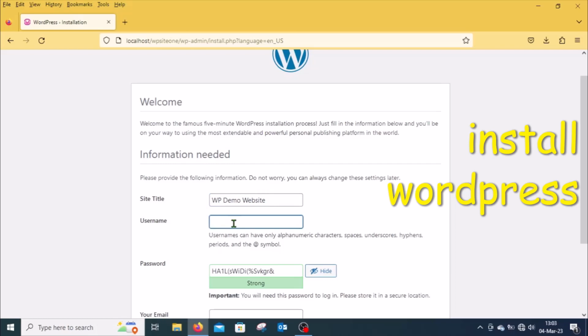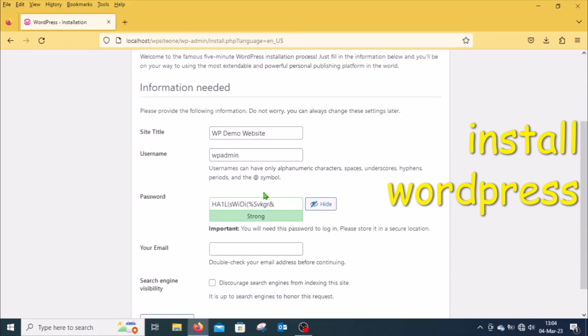Username, this is the one who's going to control the website. It is actually an administrator for the website. Normally it's admin, but I call mine the wpadmin. Then I'm supposed to think of a password for this admin on the website. This password should be different from the one of the database user. So I type in a strong password. I need to remember this password because every time I want to do something on the website, I'm going to